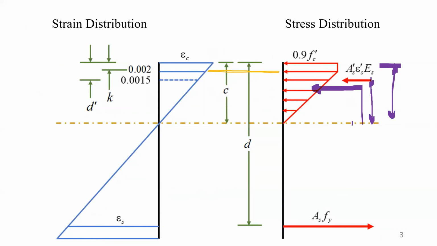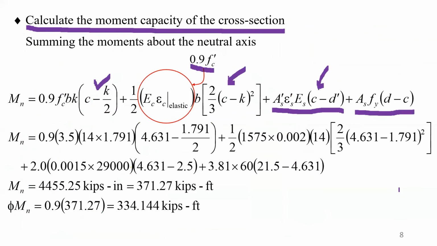Again, d minus c is the moment arm. Now, if we substitute for all these values, we will get the nominal moment capacity. The nominal moment capacity turns out to be 4,455.25 kips inch, or